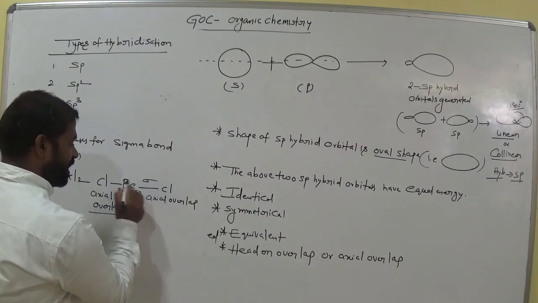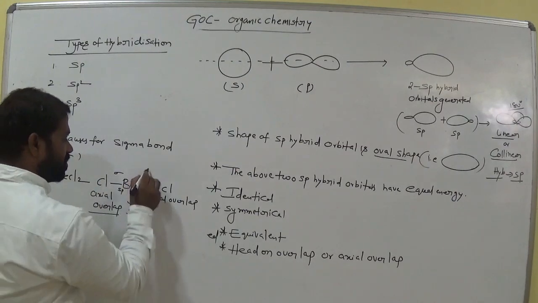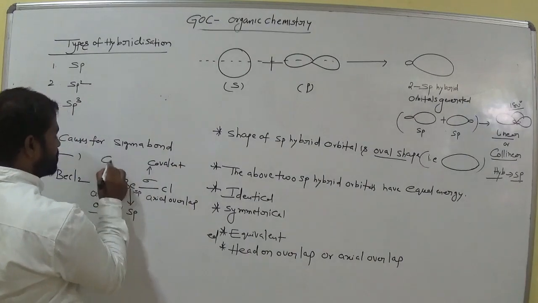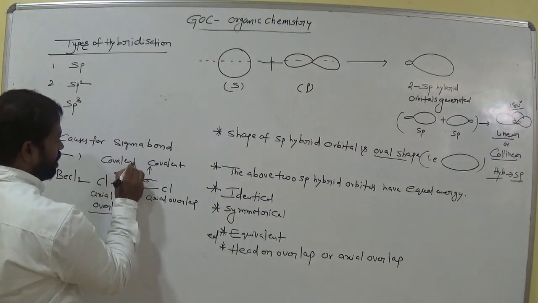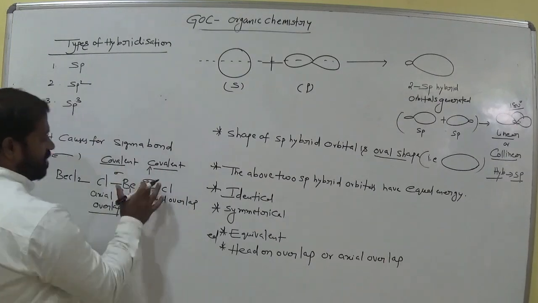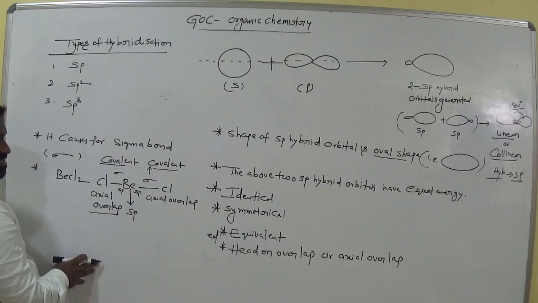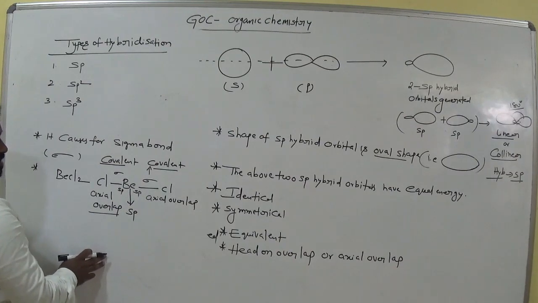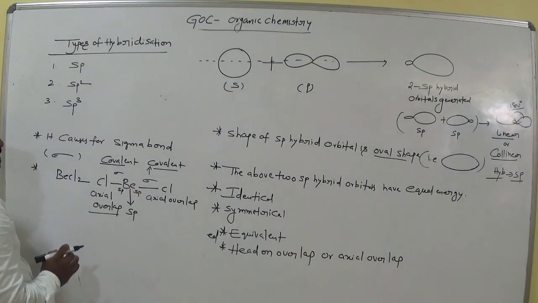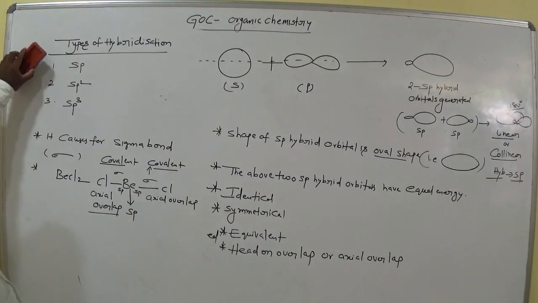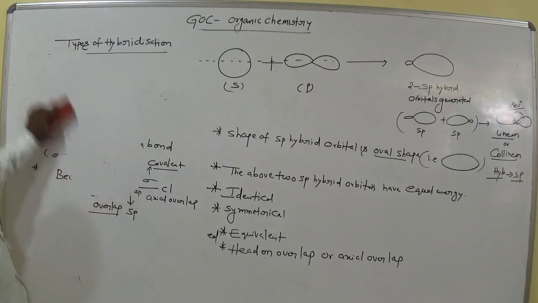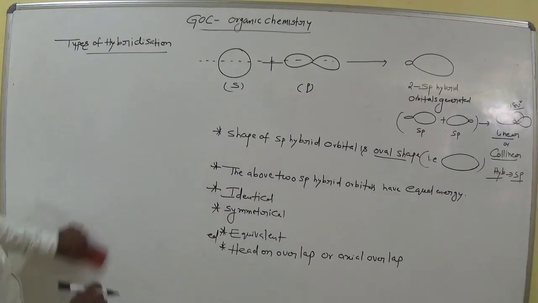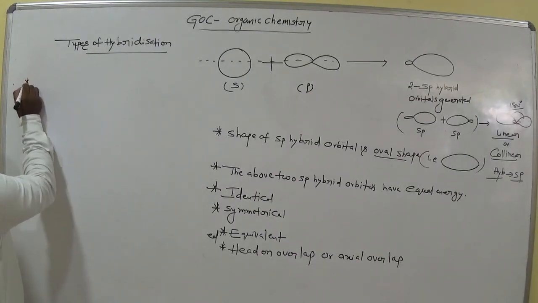Now this bond is called a sigma bond, or we call it covalent. A sigma bond is clearly a covalent bond. It is a strong bond. Remember this. All sigma bonds are covalent bonds. Remember this. So due to the axial overlapping, sigma bonds are possible. Remember this. And one more important point here,